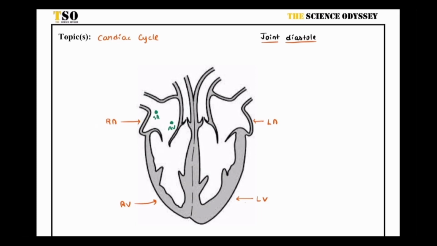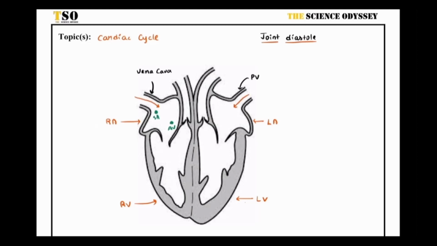Now, we know that the right atrium is provided by this blood vessel, which is called the vena cava. And the left atrium is provided by the blood vessel, which is called the pulmonary artery. Sorry, the pulmonary vein, that is coming from the lungs. So the pulmonary vein is carrying the blood into the left atrium, and the vena cava is taking the blood into the right atrium. Now the blood enters,